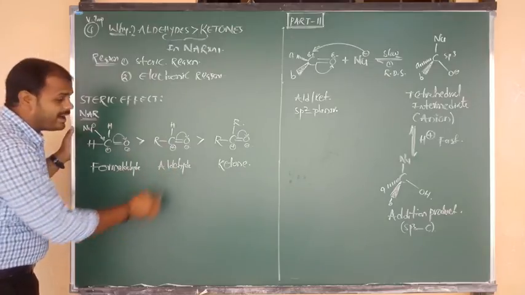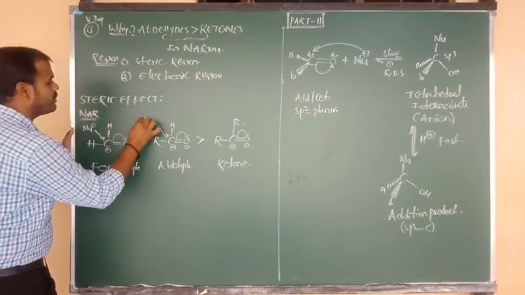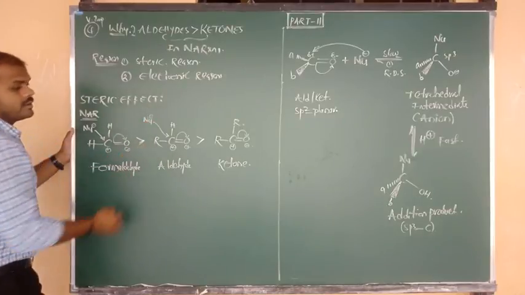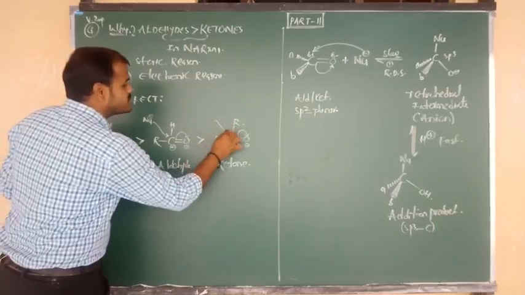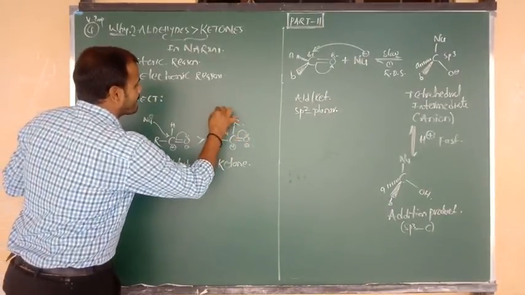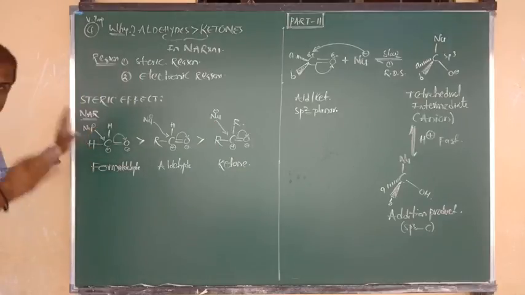Here also in the aldehyde, the carbonyl carbon carries a positive charge, and again it is attacked by a nucleophile. Here also in the ketone, the carbonyl carbon carries a positive charge, and it is attacked by a nucleophile. Three examples I have given on the board. See clearly and you will definitely get the meaning.